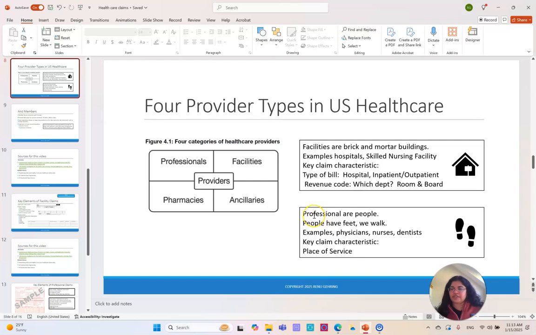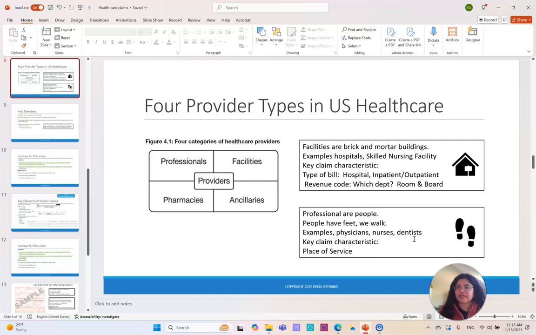On to the professional category of provider types. Professionals are people, and people have feet. We walk from place to place. And this is very important. So I've put a little icon of feet. We are walking from one place to another. And examples of this may be physicians, nurses, dentists, surgeons, whoever you can think of, like a person who is